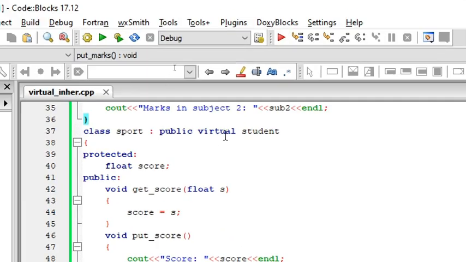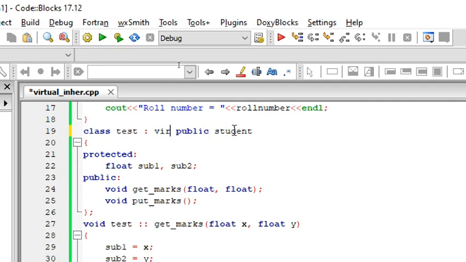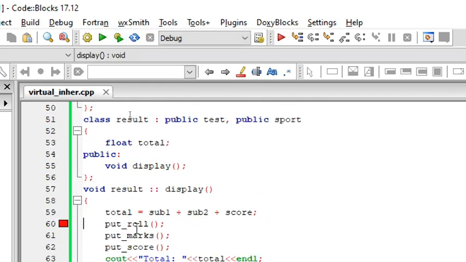For your understanding, if I skip this virtual, what is going to happen? I'm just skipping the virtual. Okay, now let me save and run the program. Look here where it is passing the error. Result is my derived class.